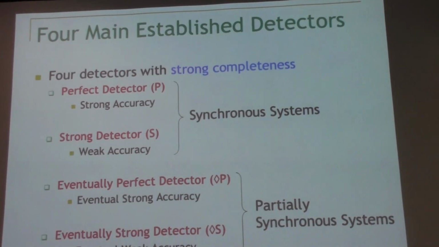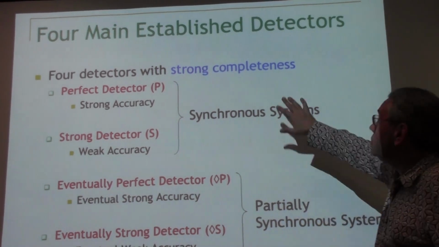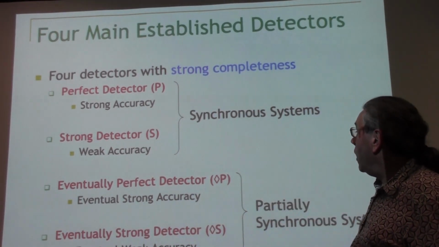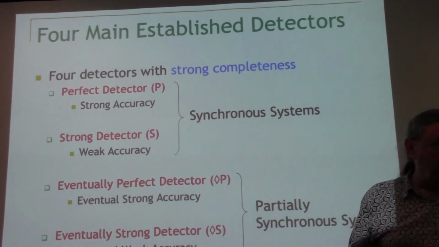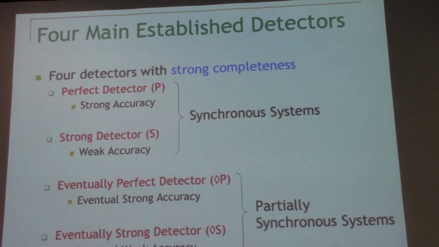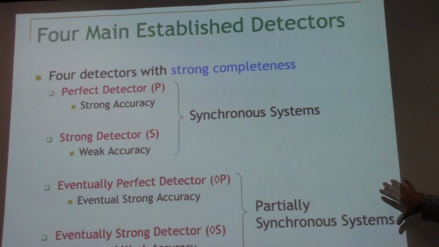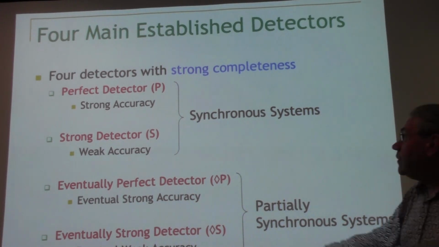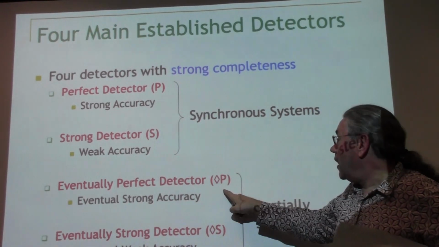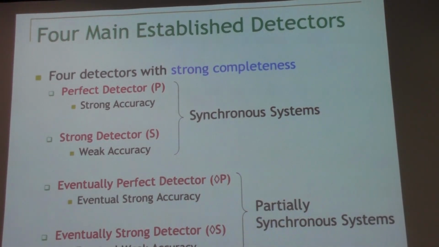Okay, so let me make a summary now. We're going to be writing lots of algorithms in this course, and these algorithms will be using failure detectors. And the ones that we will use are these, the main detectors. Remember, in the 1990s, people were inventing lots of stuff, so there's lots of detectors that people invented in those days that are really not so much used. But these are the good ones that are left over that we will use today. And the main ones are perfect and eventually perfect, P and eventually P.